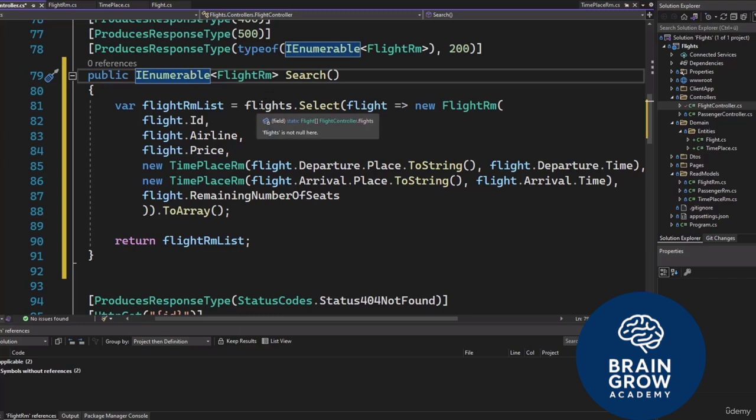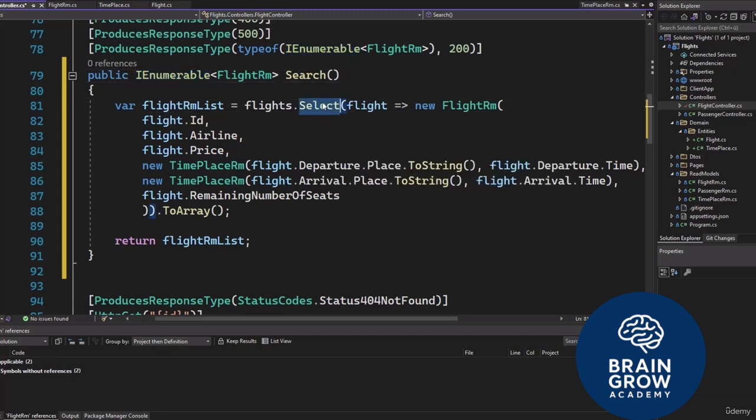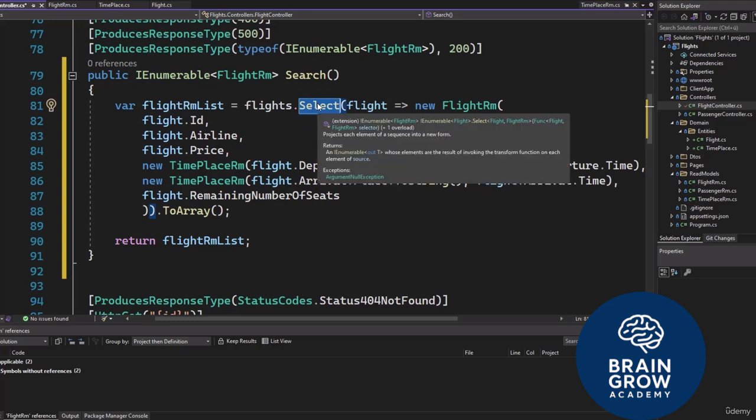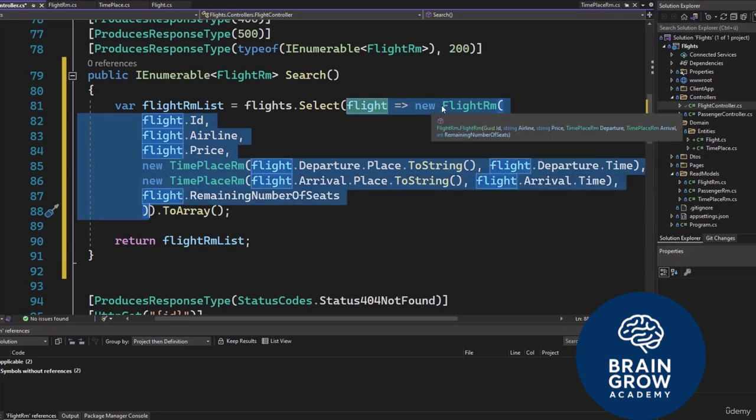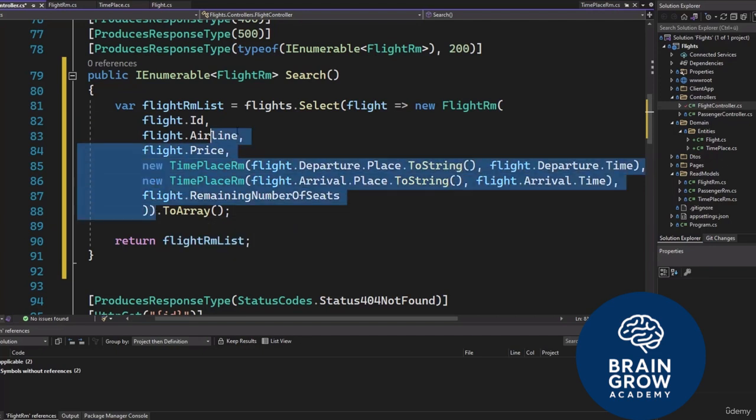This is why we go into our flight array, take all the flights, and for each flight inside of that array, we run this. So we take the flight, create a new flight read model and pass in the values of the selected flight. Afterwards, once everything here is done, we can simply take that collection of flight read models